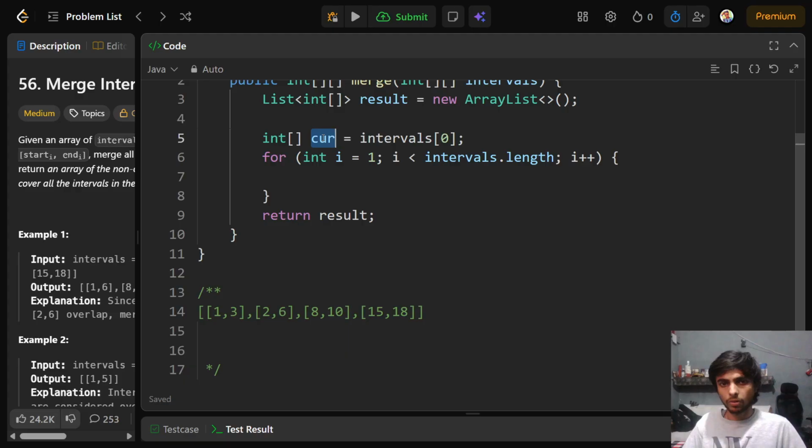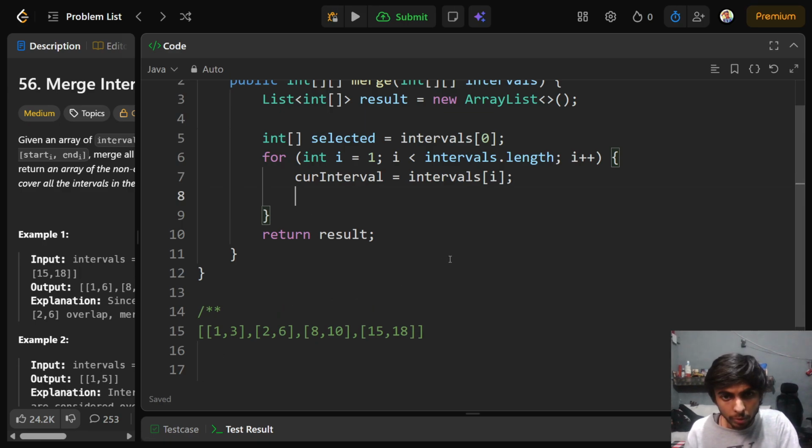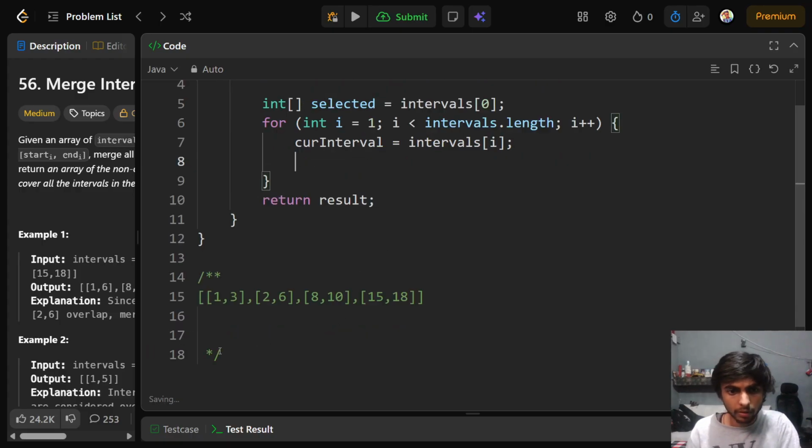Well, let's say selected interval and current interval. Current is the interval of the index in this loop. This is our selected one,